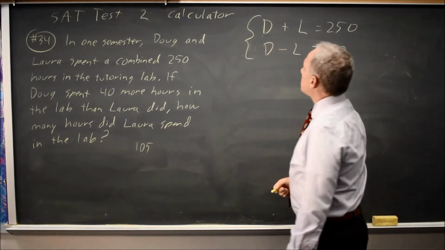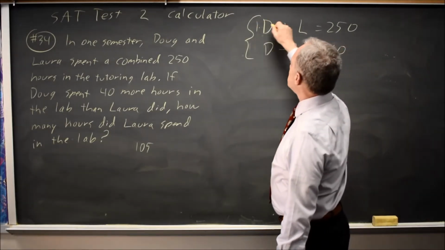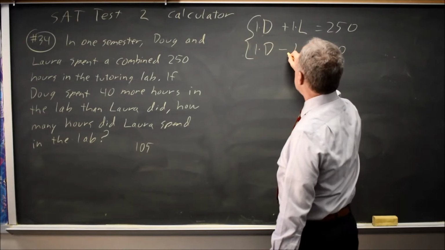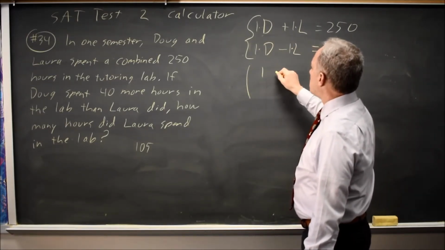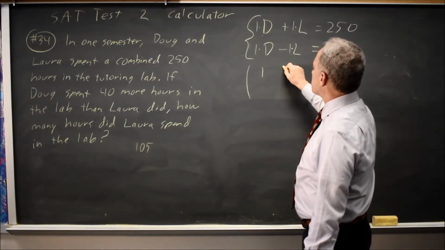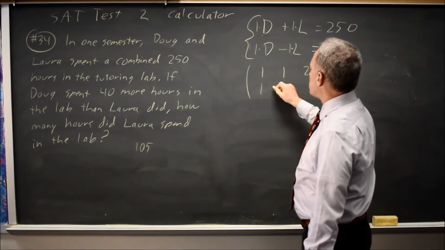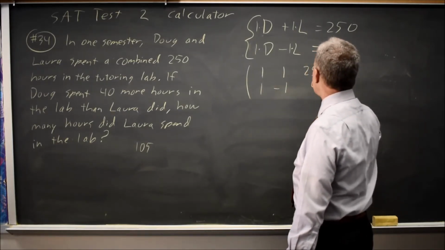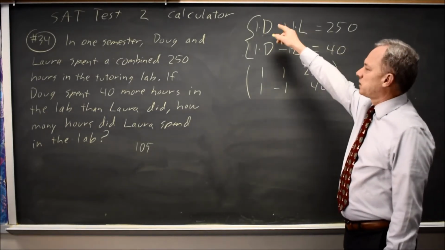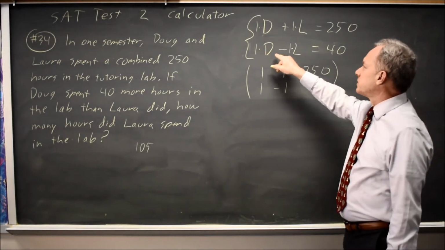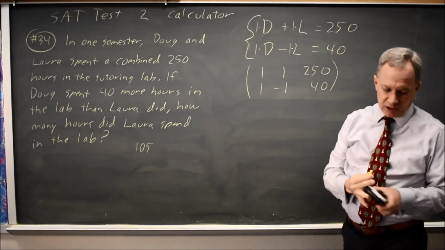For a calculator problem with systems of equations, I can take the coefficients, 1d, 1l, 1d, negative 1l, and write this in matrix form. 1 times Doug's hours plus 1 times Laura's hours equals 250. 1 times Doug's hours minus 1 times Laura's hours equals 40. This only works if the variables are in the same order on the left-hand side of the equal sign for both equations, and the constants are on the right-hand side of the equal sign. So I enter this 2 by 3 matrix,